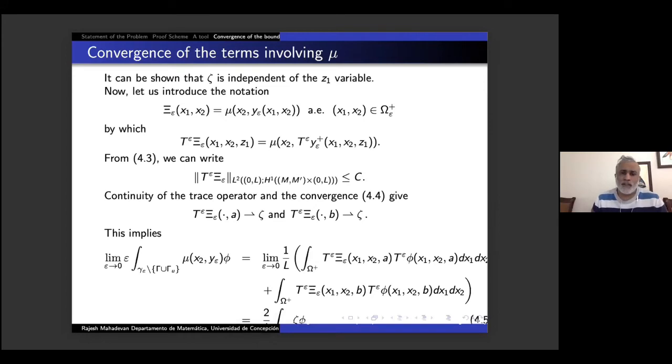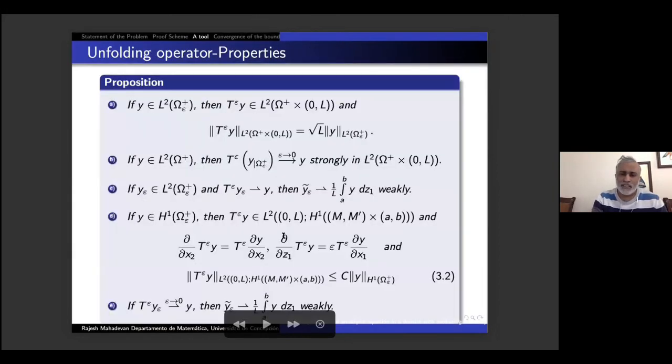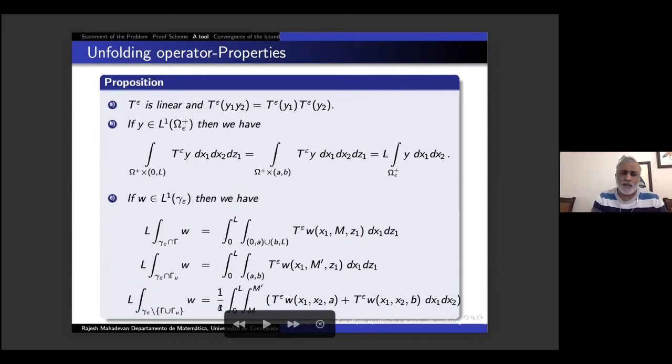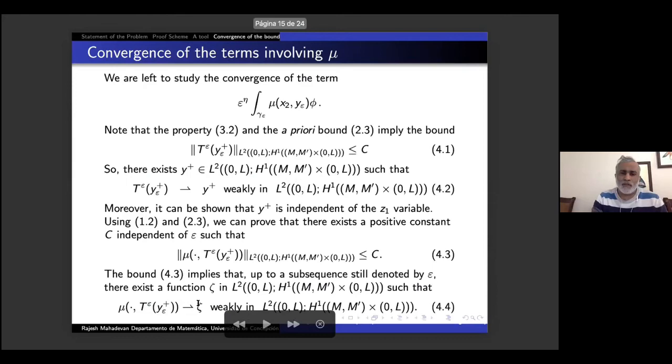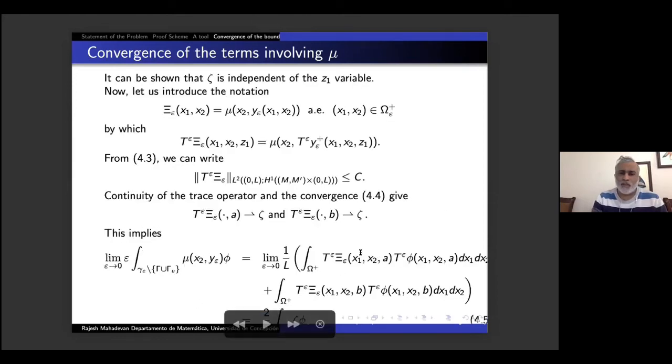And once you show that, the integral on the vertical parts, which is what interests us, if you multiply it by epsilon, due to the unfolding relation here, you have a 1 over epsilon factor. So if you take it to the other side, and here you have to remember to use mu of x2 composed with y plus epsilon. So in that case, you can rewrite in this form, and as I said, you have V convergence